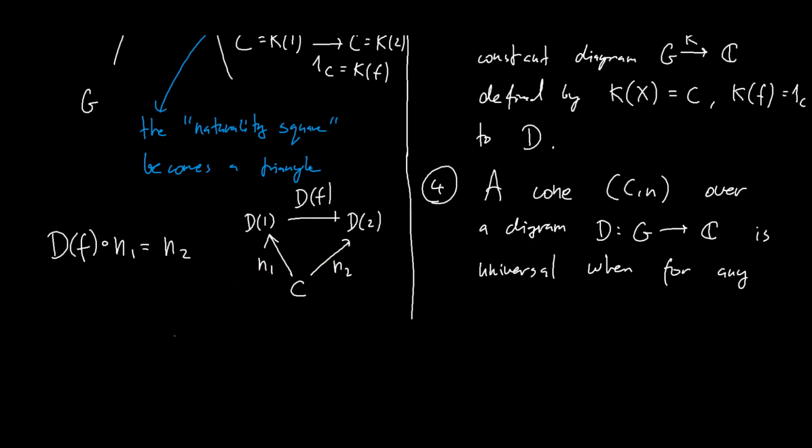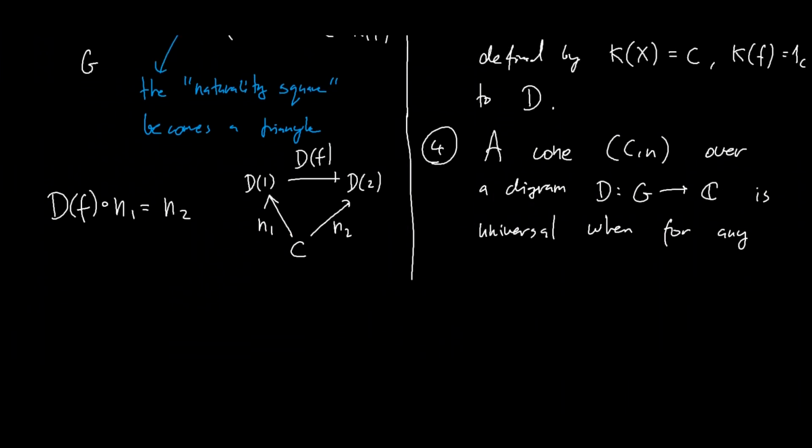So for any cone, maybe I'm going to denote this with L, so that it matches with our notation for limit. So it's L with small l there. A cone L over a diagram D is universal when for any cone Cn